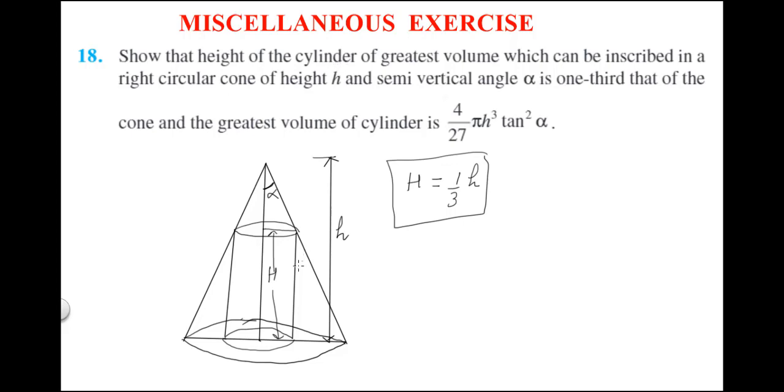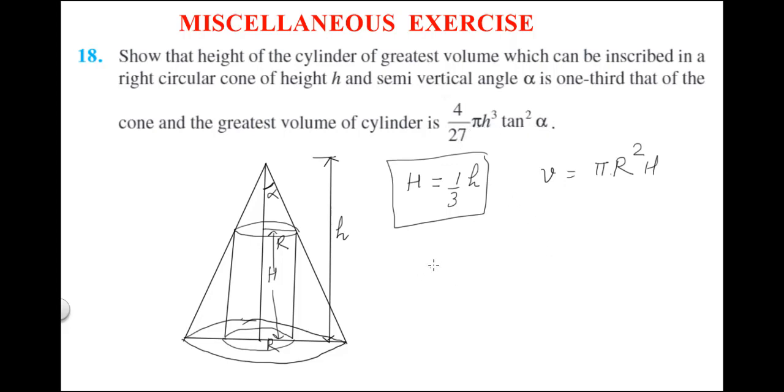Height of the cylinder, which is capital H, of greatest volume. So one thing that we have to prove is that the volume, which is obviously of the cylinder, is greatest. It is mentioned in the first line. So the volume is pi r square h. Let us take the radius as capital R for the cylinder. Clear? And now we have to prove that the greatest volume will be this much, 4/27 pi h cube